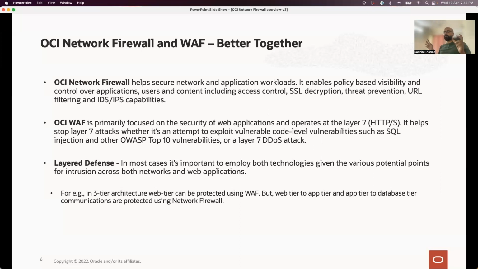So this is the basic difference between OCI Network Firewall and WAF, and where they can be used. Whether they can be used together, and whether it is good to use them together or not. With this, I am going to end